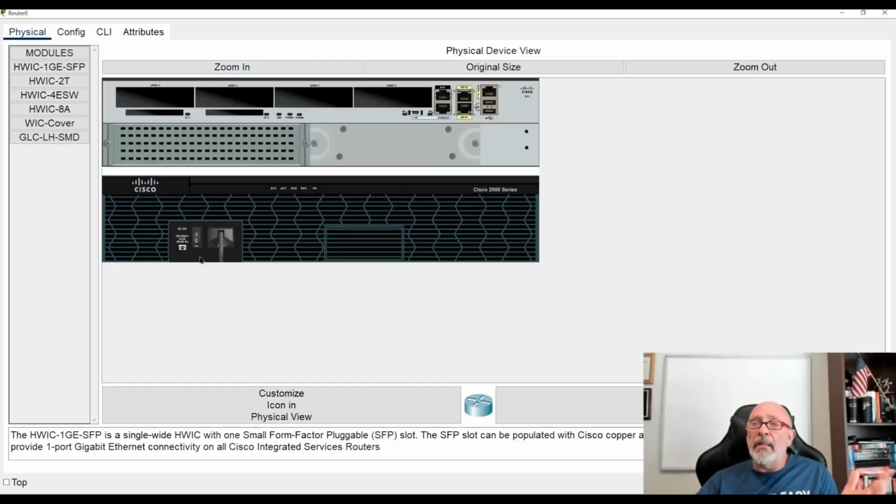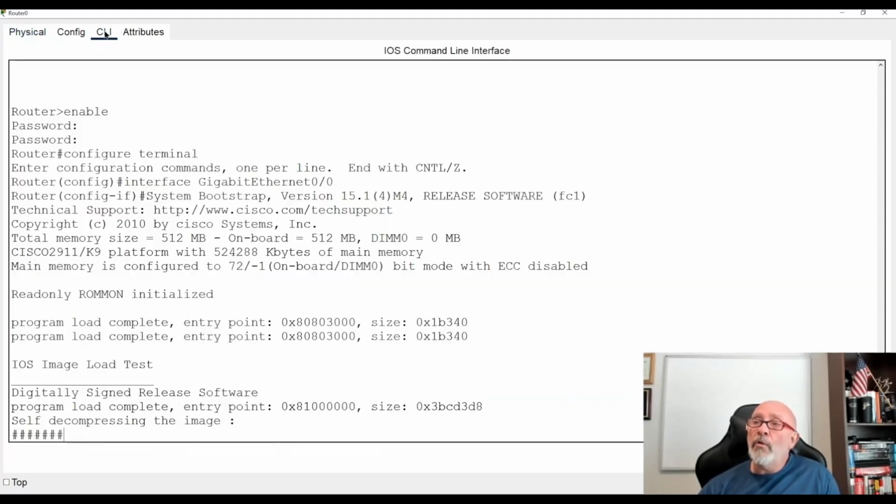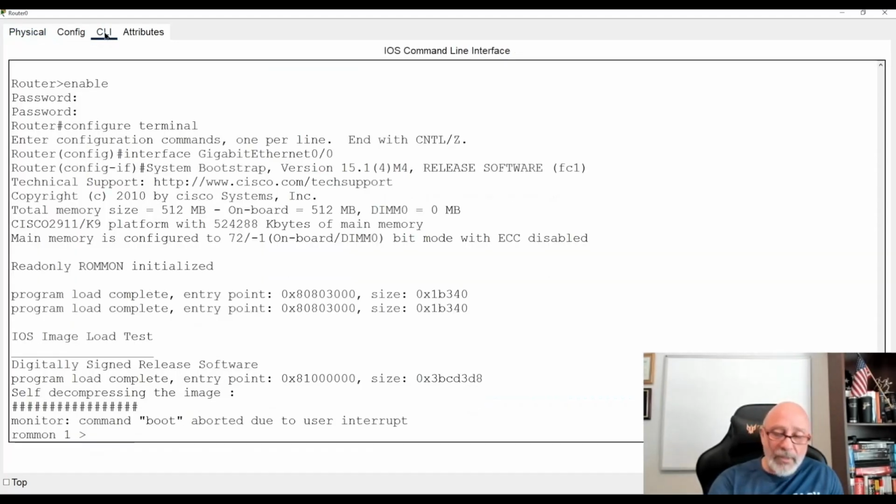I'm gonna turn off the router. Now there's no configs in here, so I'm not concerned. All right, but in a real world scenario, you better be concerned. All right, so you turn off the router. Let's say you can't log in. You turn off the router, you turn it back on. You'll be booting up and you do a Control C. It could be a Control C, it could be a Control Pause Break. There's many different types of break commands they can use. It could be just Control Break, okay?